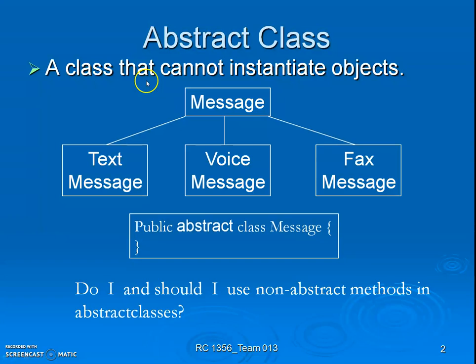An abstract class is a class that cannot instantiate objects, which means we cannot create objects on an abstract class. That abstract class must be extended further into another class. On that particular class we can create objects, but we cannot create objects based on an abstract class. So this particular abstract class can have something,